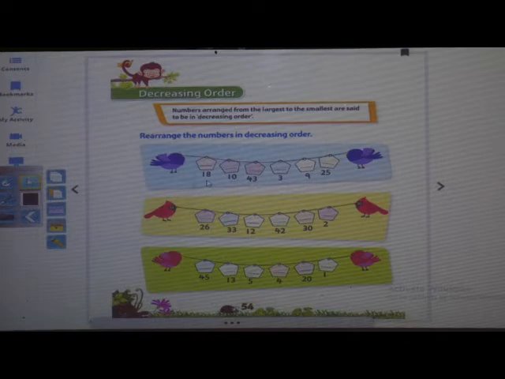First is 18, 10, 43, then 25. Now so many chocolates are there. One boy is having chocolates in a bowl, but the bowls are different. In different bowls, different quantities of chocolates are there. But we have to see which bowl has more chocolates. In which bowl the chocolates are more, we have to see. So 43 is the largest number. So first the 43 chocolates will come here. Okay.